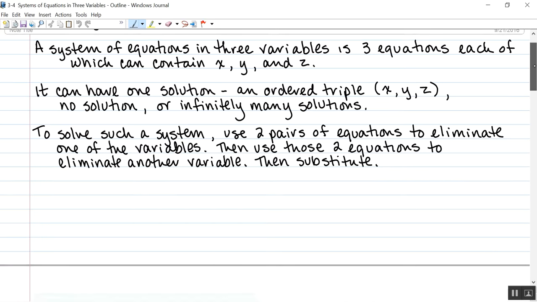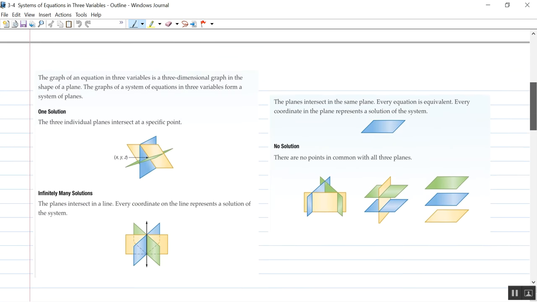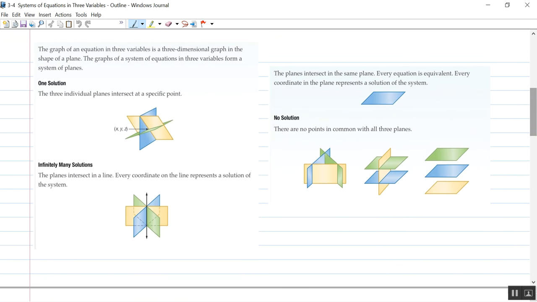Let's take a quick look at a couple diagrams from your textbook that show what your solutions can look like. An equation in three variables is actually the equation of a plane. Remember that an equation in two variables is that of a line. If there are three variables, you're talking about three-dimensional space, and it's going to be a plane. So if there is one solution, one ordered triple, then that means the three planes intersect in one point right there. If it's infinitely many solutions, then it means that the planes intersect in a line,